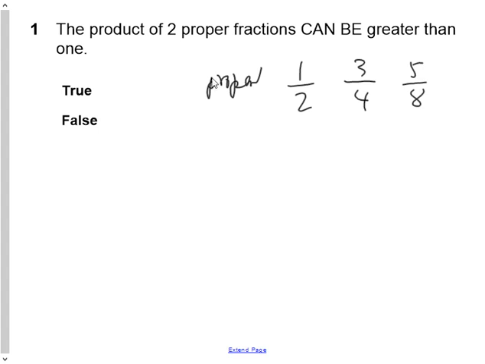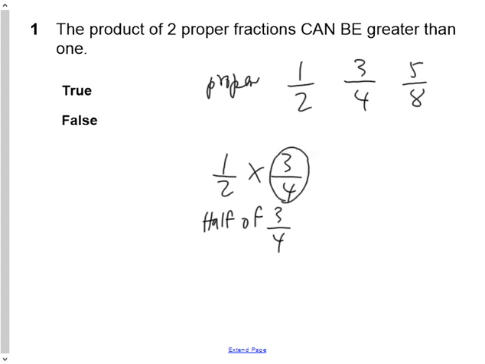So if you take any two proper fractions, let's just take a half multiplied by 3/4. If I think of what this says, this really says half of 3/4. And no matter what fraction this is, and no matter what fraction this is, it's always going to be a part of something less than 1. So when I multiply two fractions together and I have a part of something that's also less than 1, a part of a part will always be less than 1. So the answer is